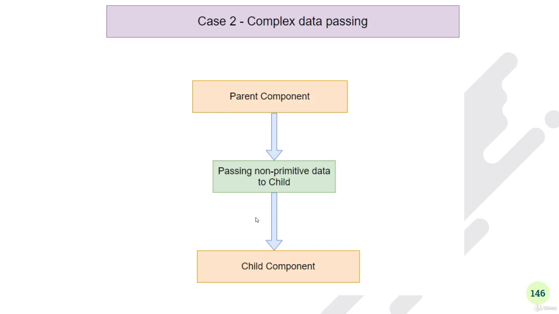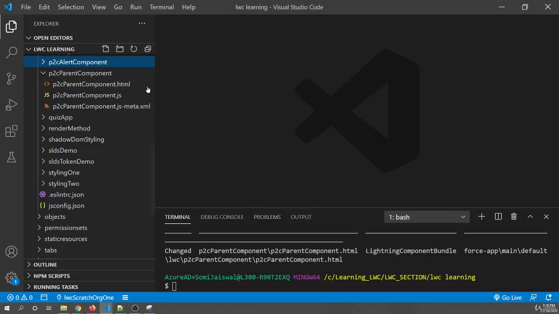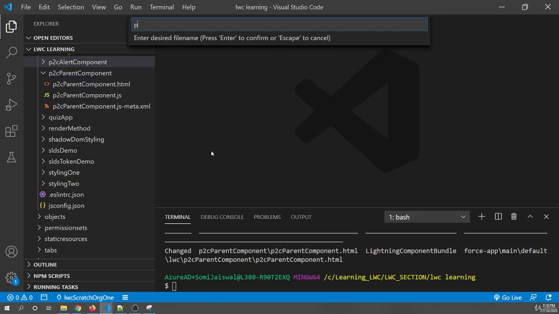So let's go to our VS Code. And for this example also, I'm going to use the same parent component that we built in the previous example. Only the child component I'm going to change. Okay, so the child component that we're going to use this time is, let's create that. I'll say parent to child